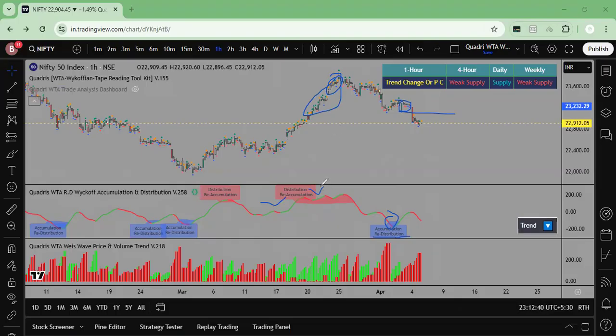The main purpose of this is that from this particular price congestion, or price movement, whichever is colored in, this is the colored portion. Within this colored portion, we would get either a reaccumulation or a redistribution: reaccumulation after distribution and redistribution after accumulation. Initially you will get confused with the words, but don't get confused. As you follow my videos, you will understand it.